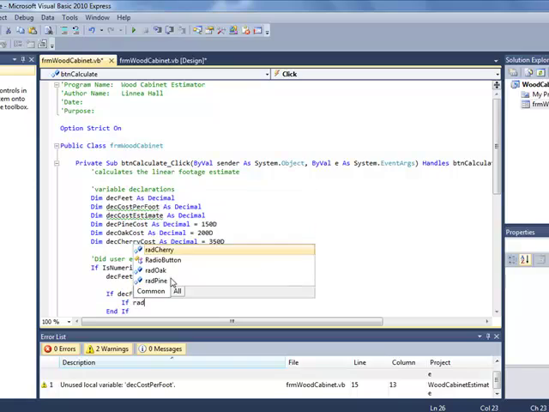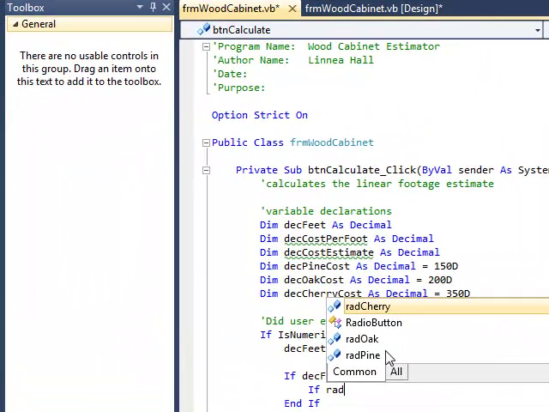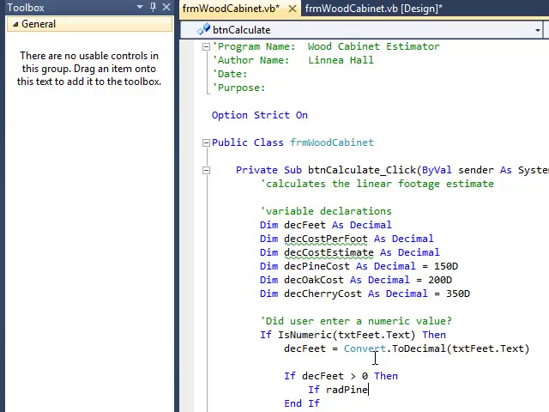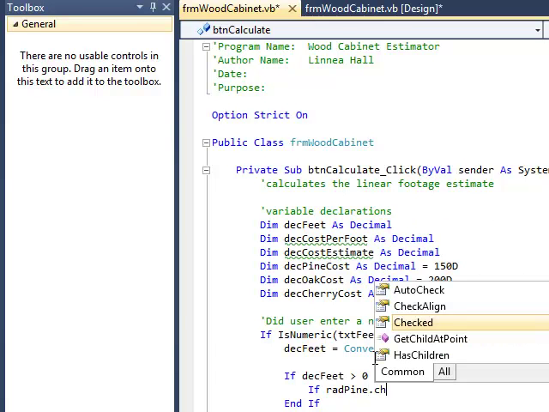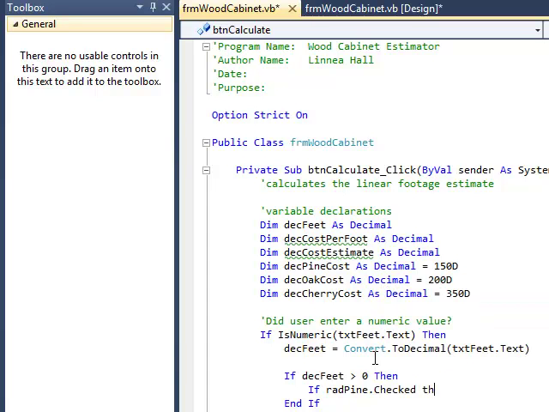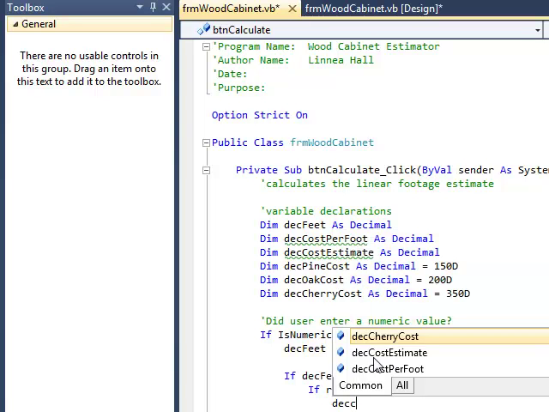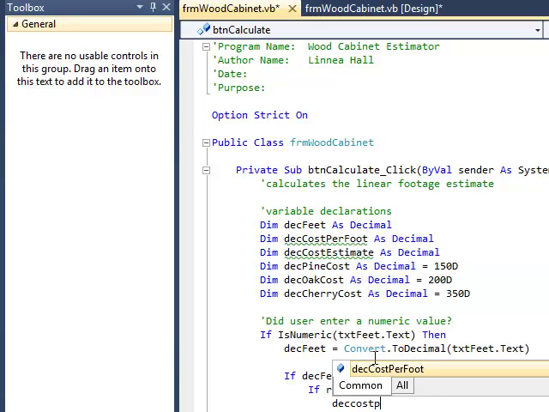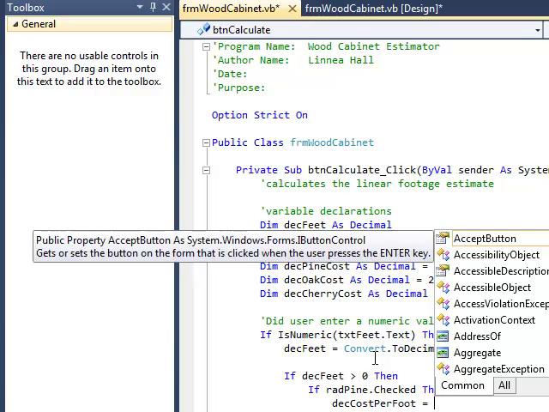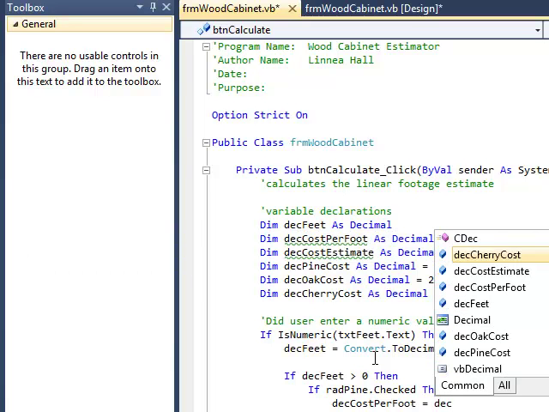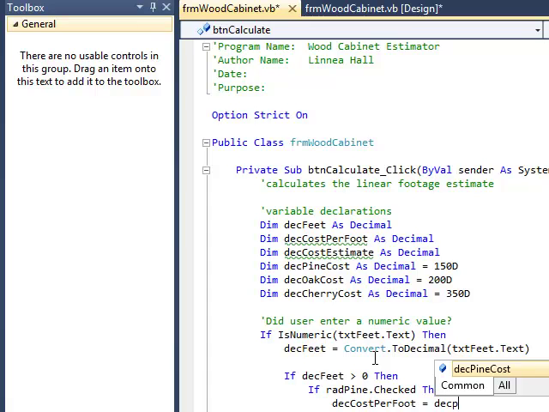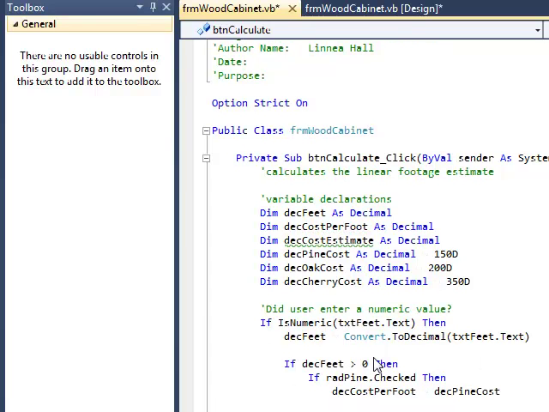So if rad pine dot checked, then we're going to assign the desk cost per foot: desk cost per foot equals the desk pine cost. Else if